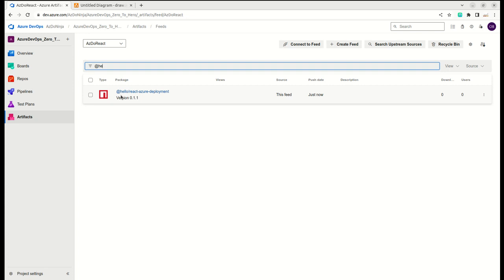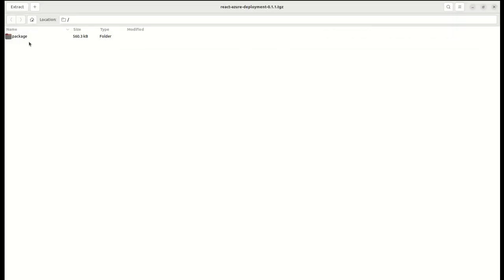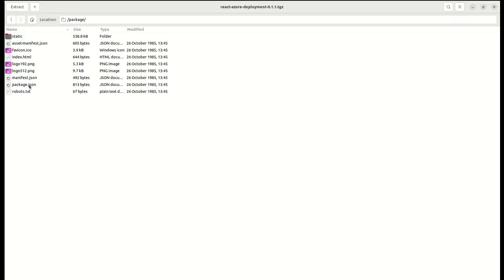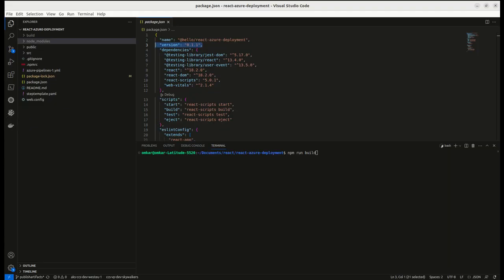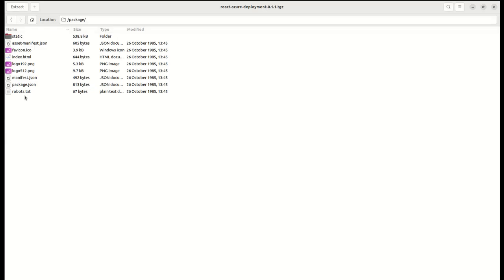Okay, and if I show you by downloading this one in here, we can see what it has packaged. You see it has packaged all the files which are under this build directory. Okay,